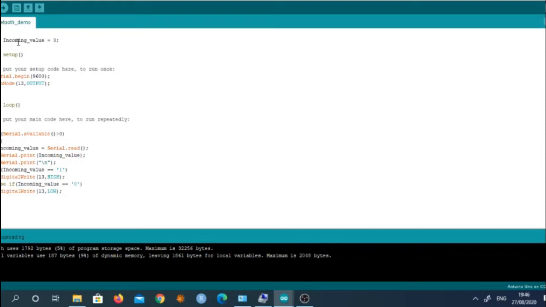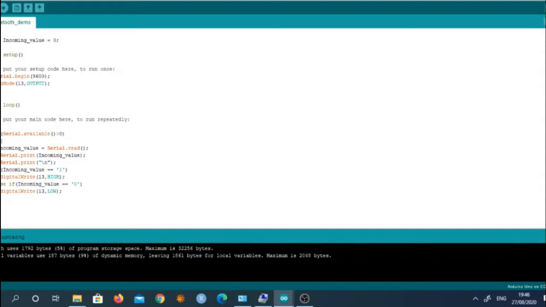So here I have defined this incoming value variable and I have initialized it to 0, and I have defined its type as a character. Then, as you all know, in an Arduino IDE sketch there are two inbuilt functions: void setup and void loop.